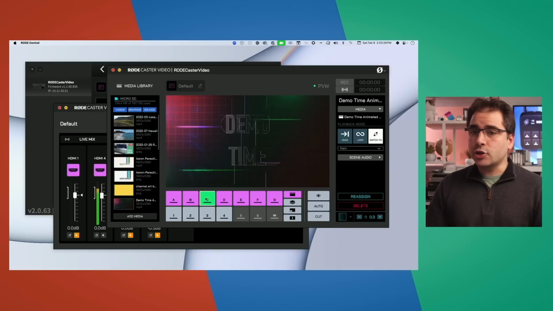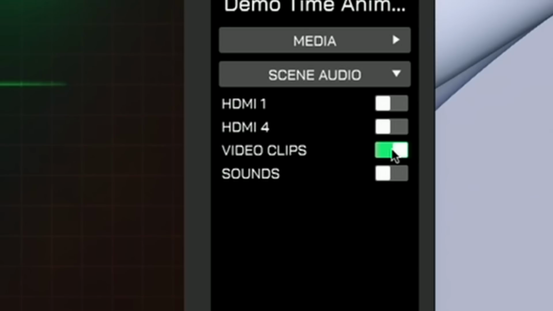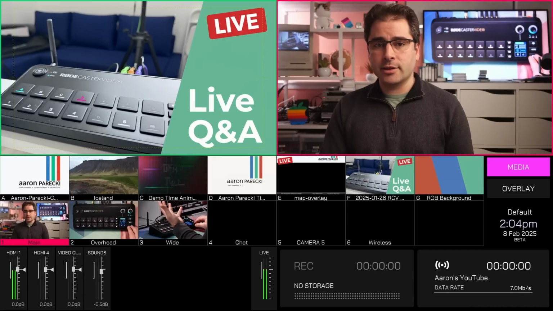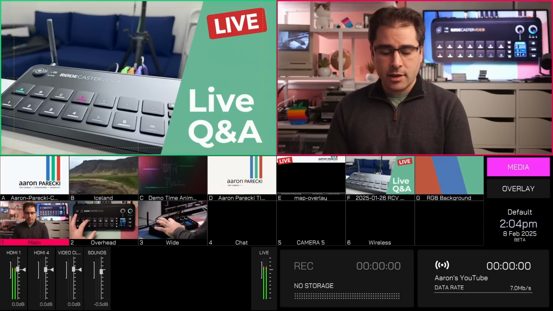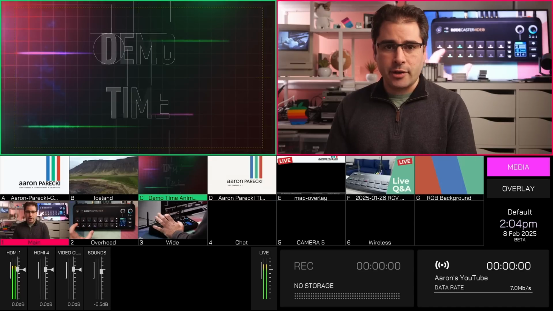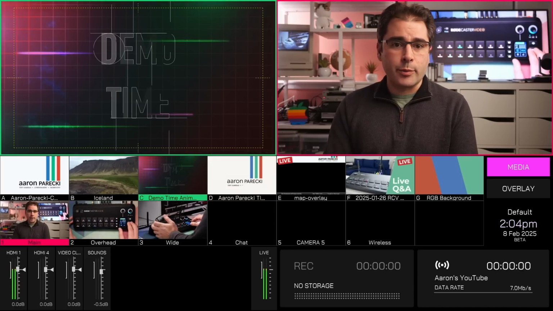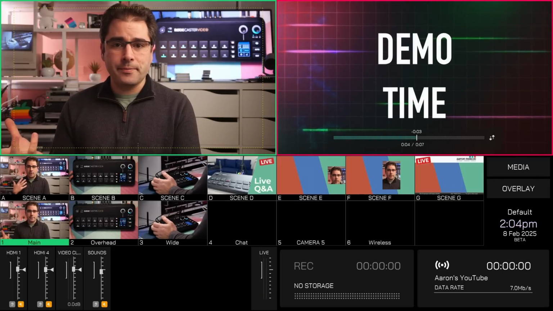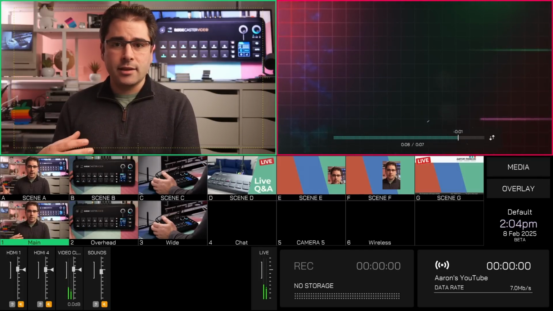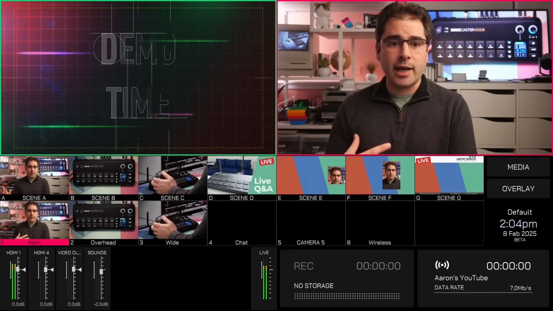Similarly, if you have little short video clips you want to insert as segment titles, you can also now set the scene audio so that only the video clip audio is playing while that's on air. Let's take a look at what that would look like. So let's say I'm talking and then I want to insert a title and then move on to a new topic. Now I can click on the media tab up here, queue up the video animation, and then I'll go ahead and press auto when I'm ready. And now my microphone is not on air while this title is playing. And as soon as it's done, it's going to switch back to my camera and bring my audio back on the air,